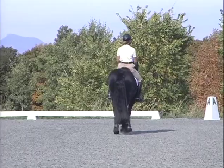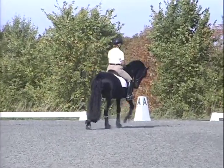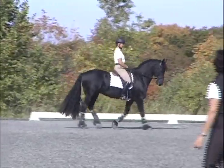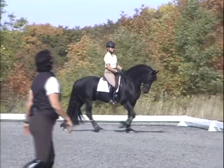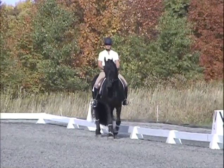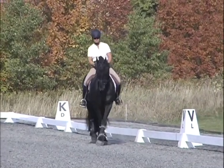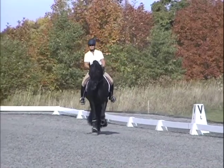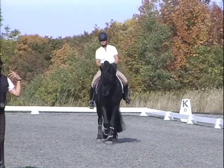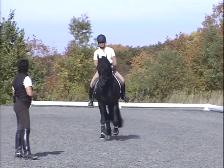And she takes him a little bit with her outside rein, so the predominant aids to take him sideways are inner leg, outer rein, and I'll talk about that later. So once again, shoulder-fore, and then step down into your inner iron, beautiful, with your body weight. You see how she takes her body weight in the direction of movement, lovely. And because he wants her to stay centered above him, he follows her body weight, that's super,